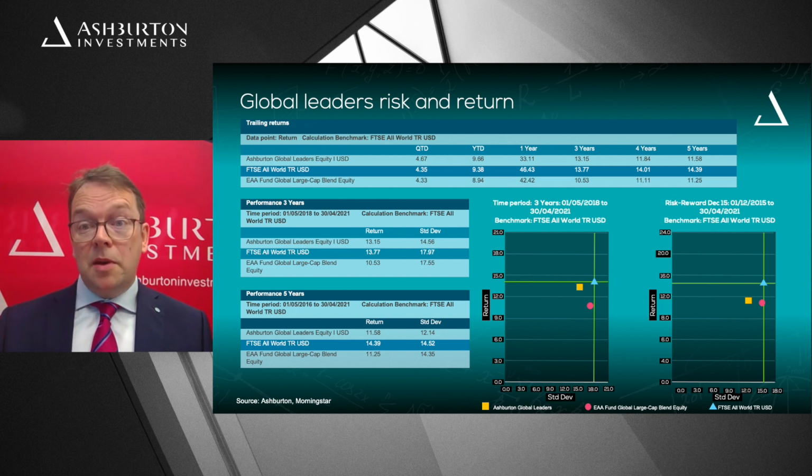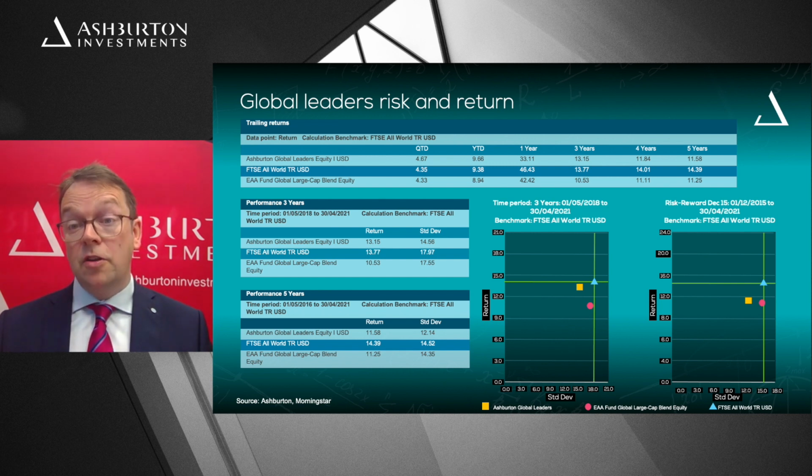And when we look over a 3-year period, actually, even though we're slightly disappointed with the performance over the last year, on a 3-year basis, the Global Leaders strategy has delivered returns that are pretty much in line with the global market, with considerably less risk and ahead of the global large cap blend peer groups. That's the Morningstar blend peer group. So you can see these charts on the bottom right. They're showing reward on the vertical axis and an objective measure of risk, a crude measure of risk, standard deviation on the abscissa. And you can see what you really ideally would want to do is to find that your strategy is in the top left quadrant.